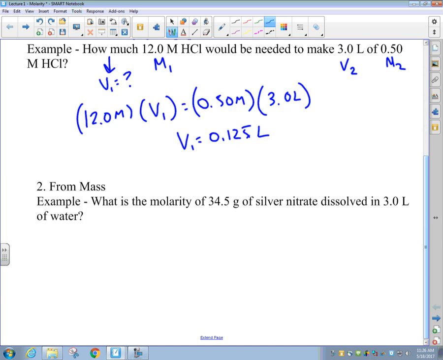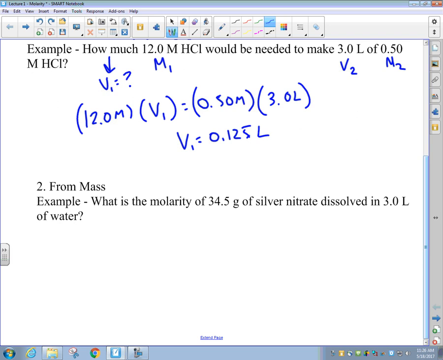The second type of method for calculating molarity is from mass. We have an example of how to calculate molarity from mass, where our question for this problem is, what is the molarity of 34.5 grams of silver nitrate dissolved in 3.0 liters of water? So we need to recognize that we're on the mole map here. We're in the left part of the mole map, where grams